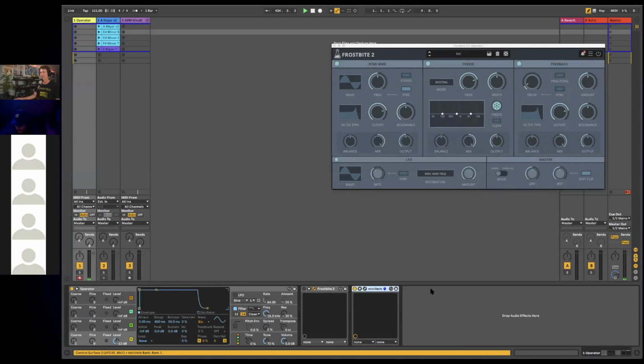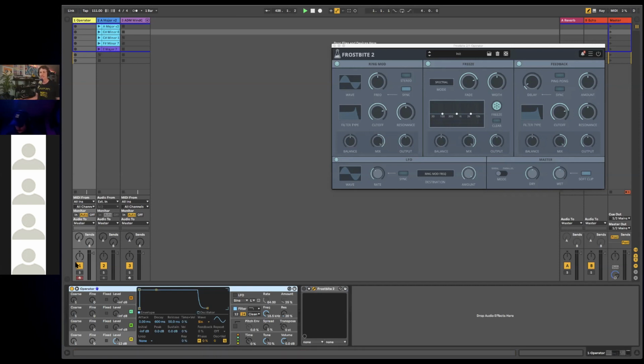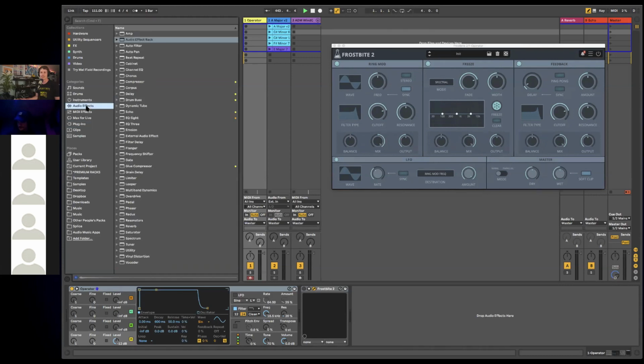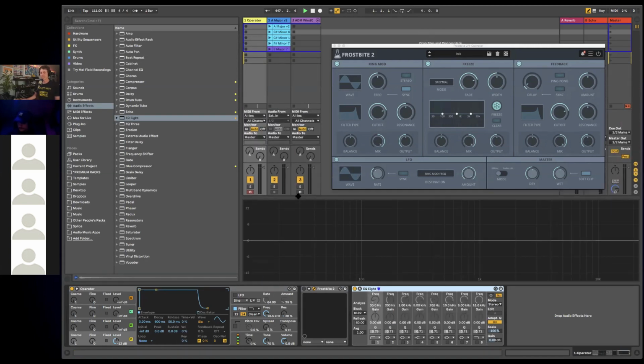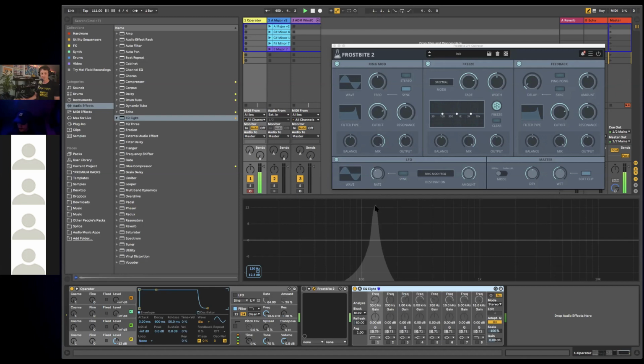We'll look at FrostBite a little bit. One thing I like to do whenever I get a new effect, especially, is to take out Operator in its default state, which is just a sine wave. It's the most basic, pure sound imaginable in the world, really. It's more pure than anything in the world, actually, if you really think about it. It's just a pure sine wave, and I'm holding down one note, and it's exactly that frequency and nothing else,